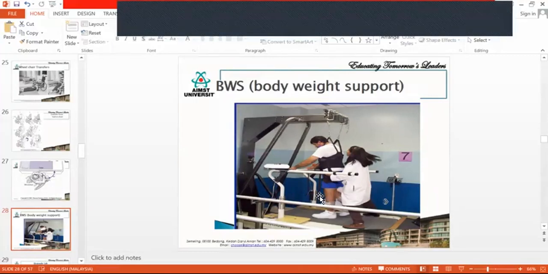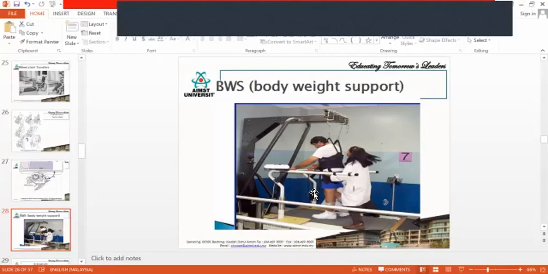So this particular patient doesn't have weight bearing on the legs. So he will not be able to weight bear on the legs. For these kinds of patients, you make them wear the belt and hold the belt over the lift, and this lift is holding the patient, or it is like the patient is hanging on this, and he can just step on the treadmill. As the treadmill is moving behind, the patient's leg will be stepped on.